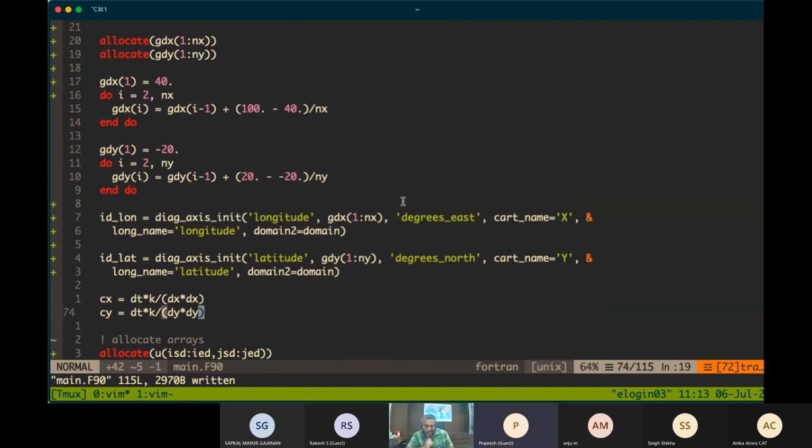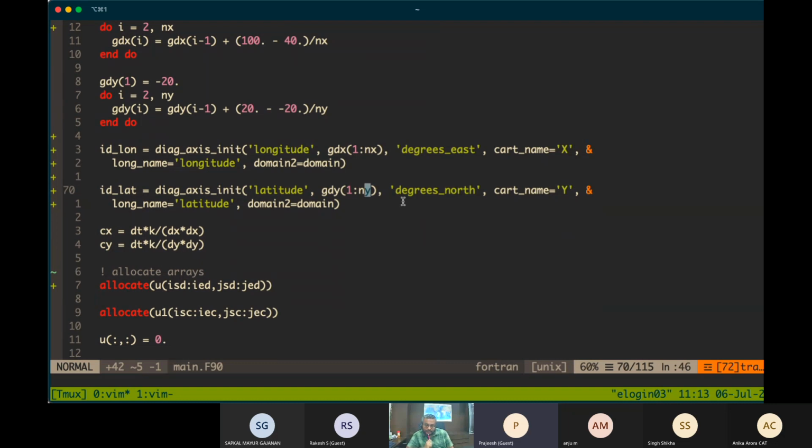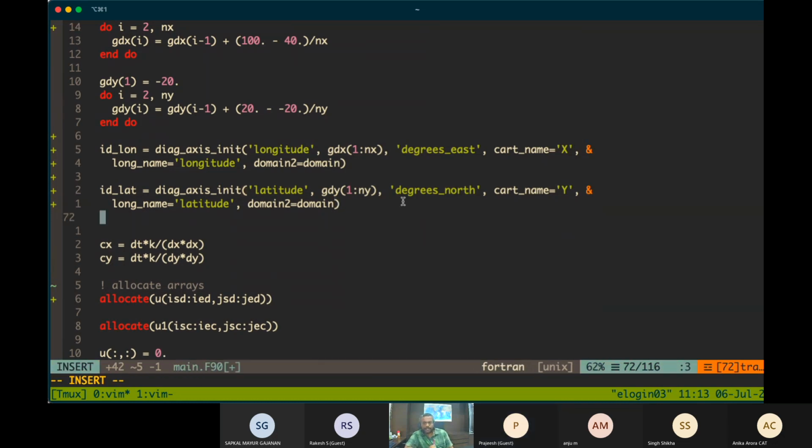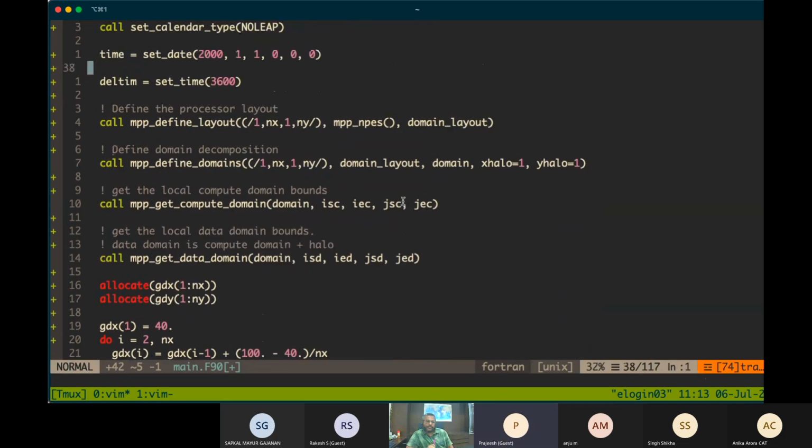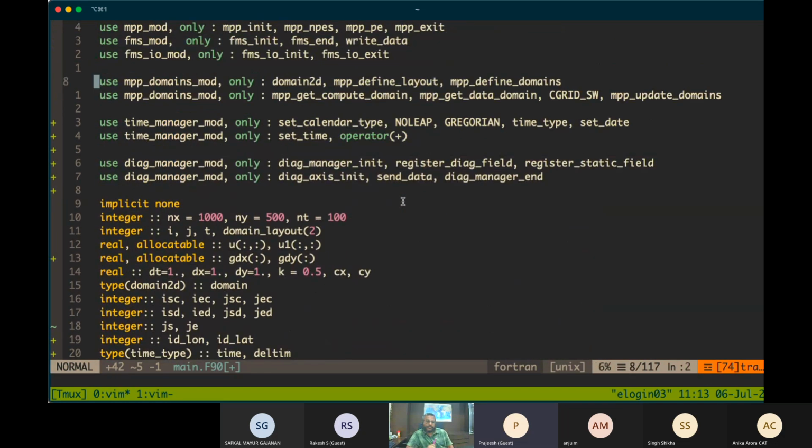So now that we have defined the axis, we can go ahead and define the variable. There are two kinds of fields which you can define.